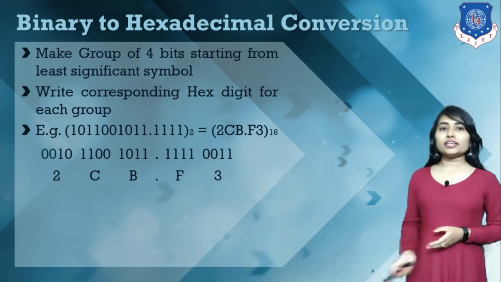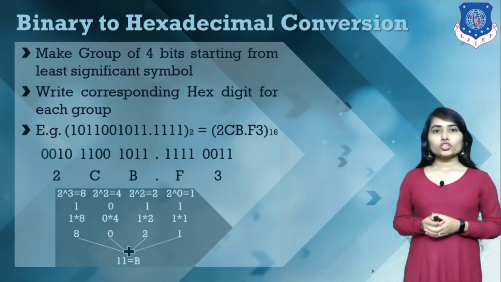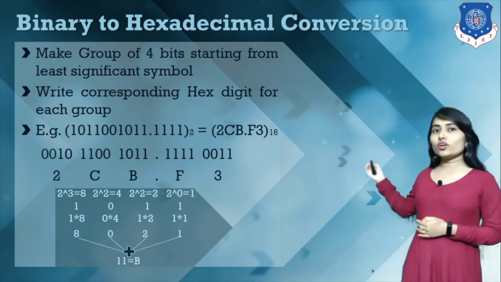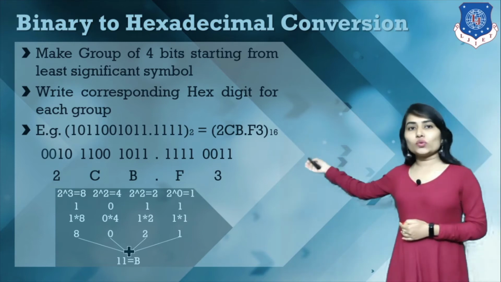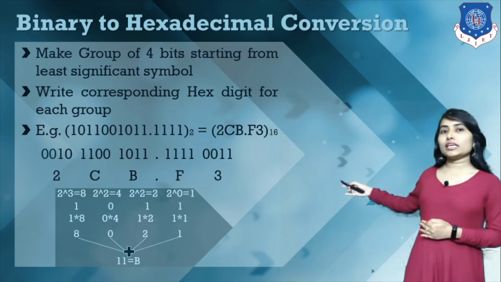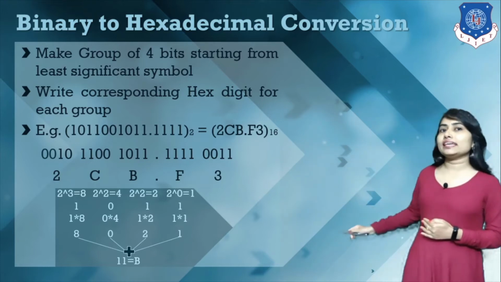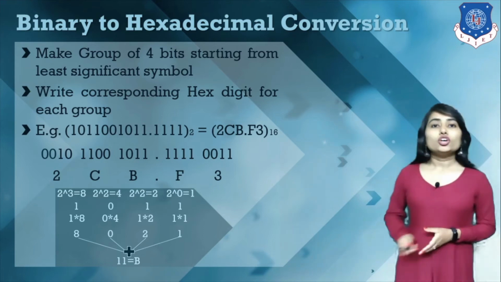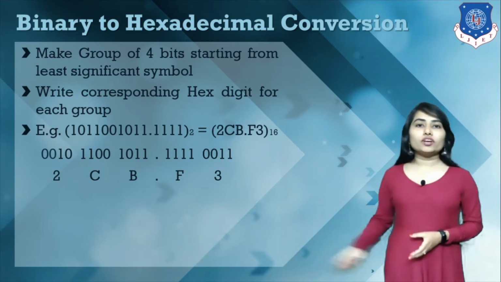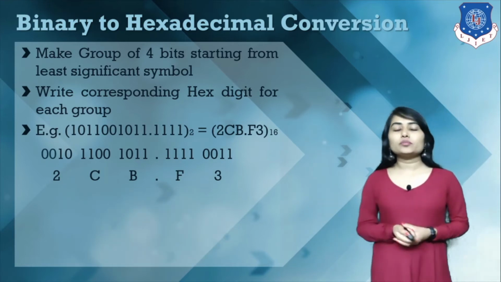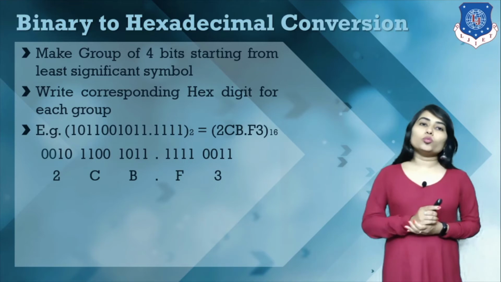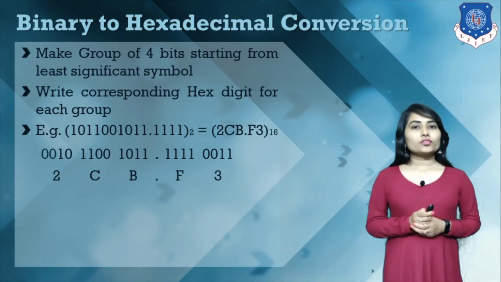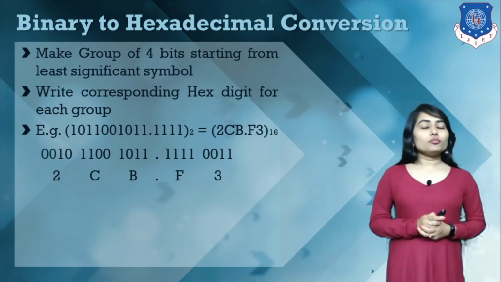How can we write this? Take a look. Here this binary pattern 1011 has the weights 8, 4, 2, 1. Now these weights and the bits are multiplied and the products are finally added. So we have 11, and this 11 is equivalent to B. This is how we can convert a binary number into a hexadecimal number by just making groups of 4 bits and then writing the corresponding hexadecimal digit for each 4-bit group.